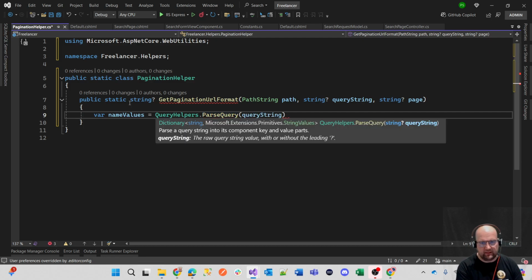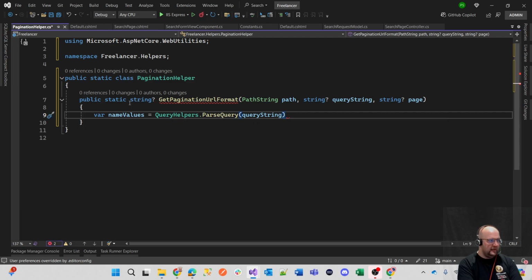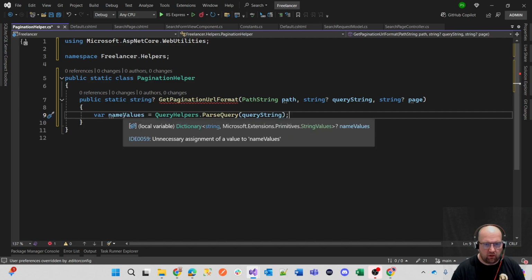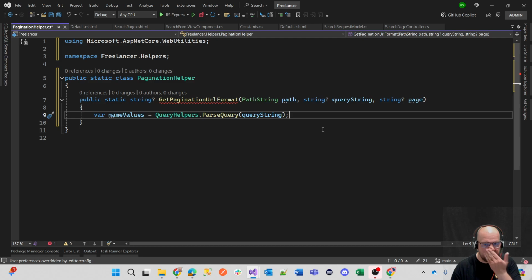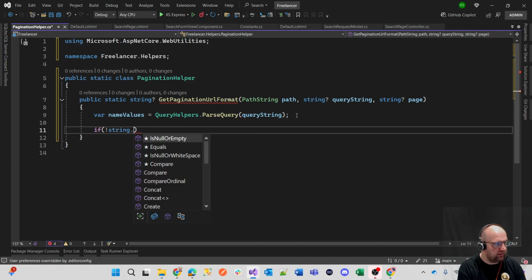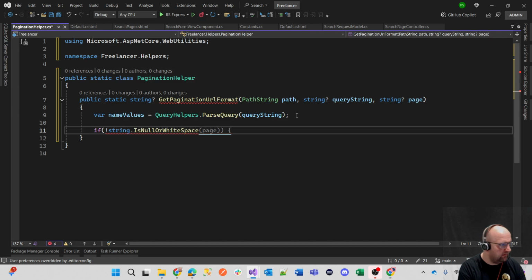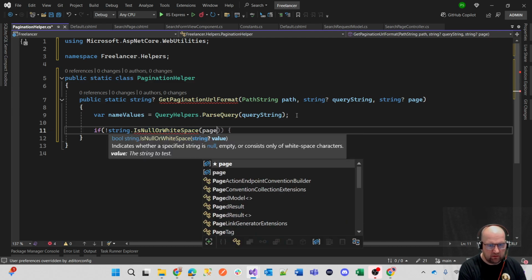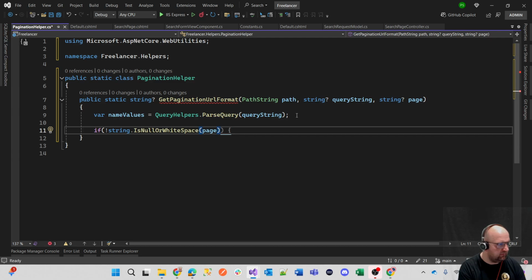So this basically takes that query string value and puts it into nameValues, which is a type of dictionary. And then what we say is if not string.IsNullOrWhiteSpace the page, so if we've got a number for the page,